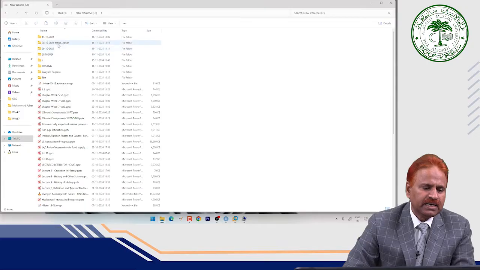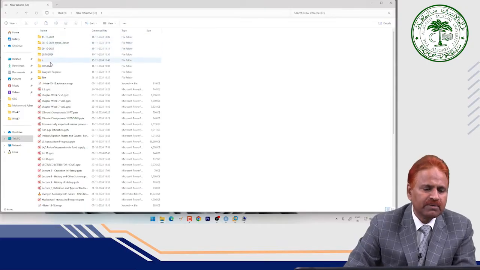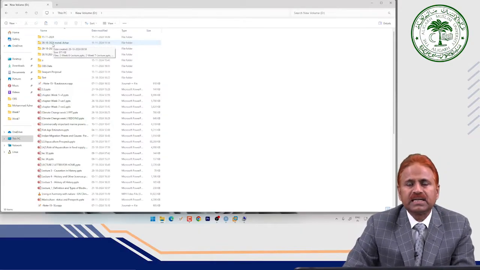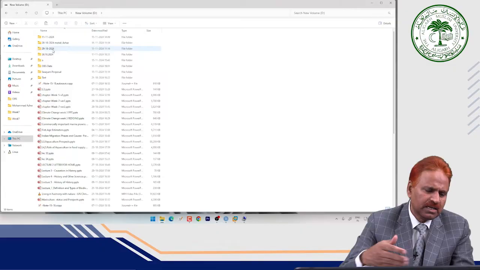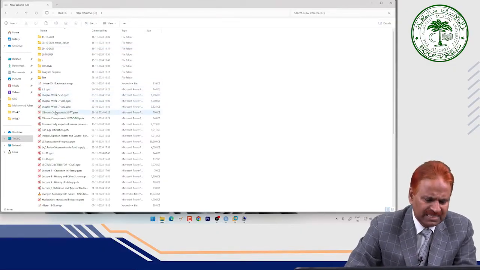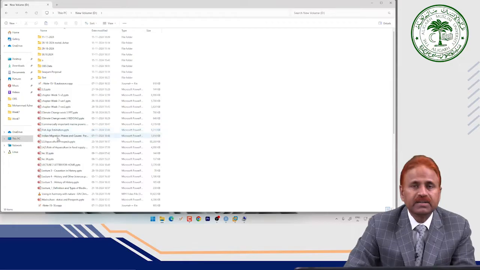You see here the yellow color files known as 11/11/2024, 28/10/24. So these yellow color things are the folders which contain several files, while some of the files are there. You can see here these are the files, okay, some PPT files are there. With the extension you can identify these